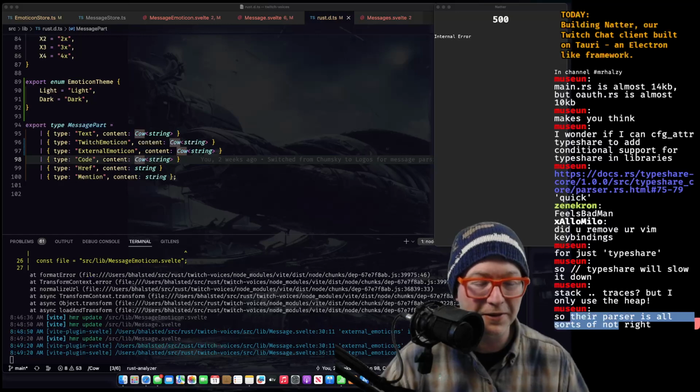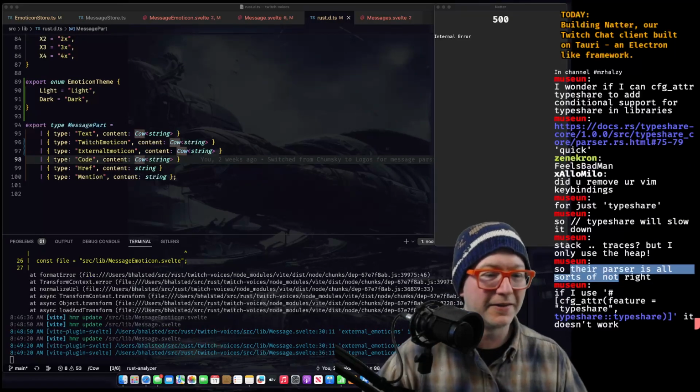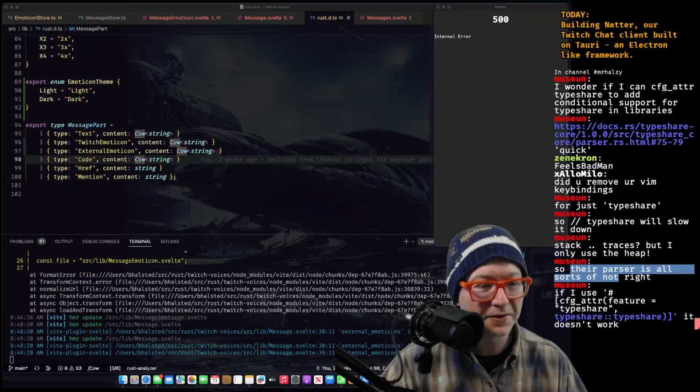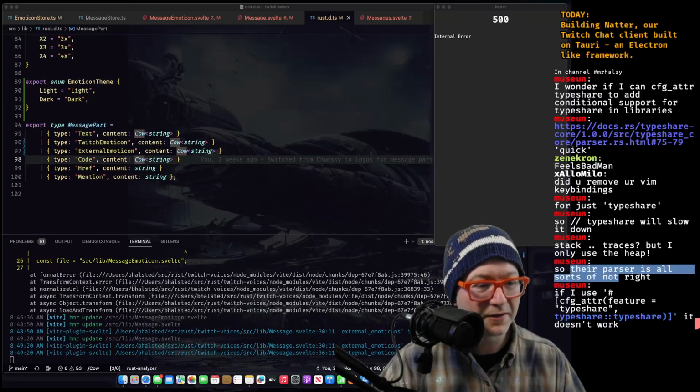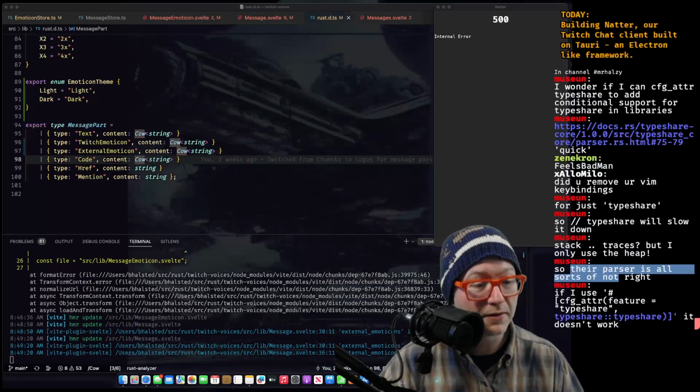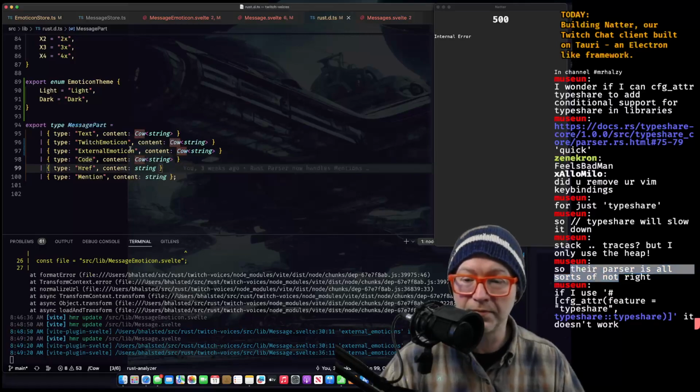Processor is all sorts of not right. If you use, it doesn't work. Oh, wow. Oh, I wonder. It's not liking this cow.